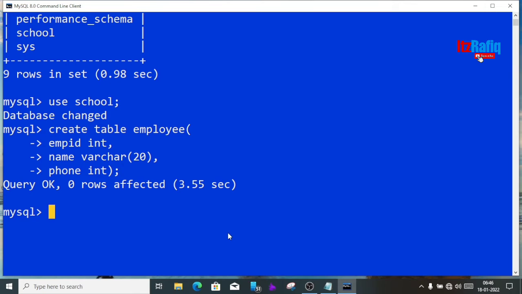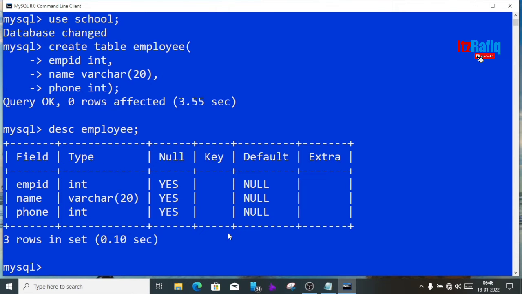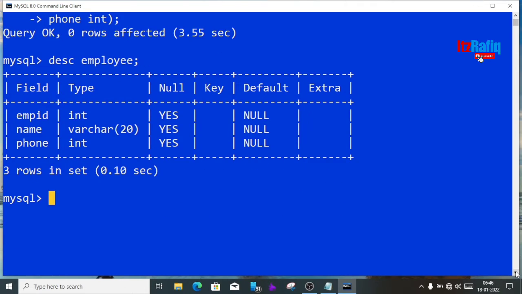Let's see the structure of the table. For it we'll write DESC employee. So this is the structure: emp id as integer, name as varchar, phone number is integer. Now let's enter data to the table. Insert into employee values,